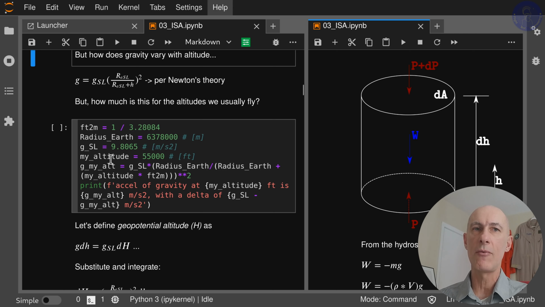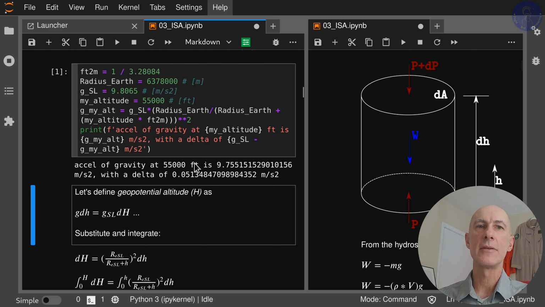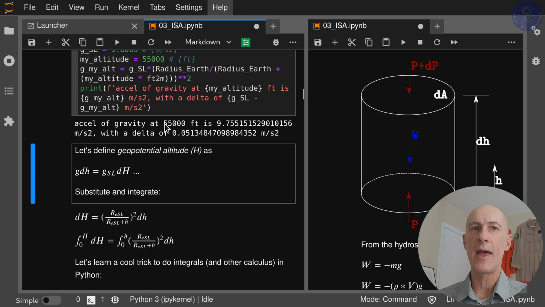Acceleration of gravity at sea level, my altitude is going to be 55,000 feet, as we saw. Then from here we can calculate directly with this formula. The g at my altitude is going to be g at sea level times this relationship. So if we run this cell, we get that the acceleration of gravity at 55,000 feet is going to be 9.755. So the difference in acceleration between sea level and 55,000 feet is only 0.05 meters per second squared. Okay, now that we have seen this and we understand the differential volume here, we can close this